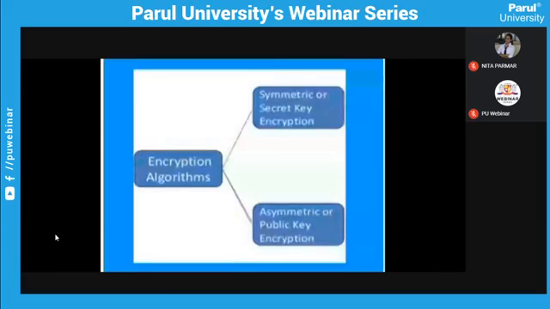So only a single key is used in symmetric encryption, while in asymmetric encryption, the concept of two keys is introduced, in which one key is the public key, which is known to everyone, but